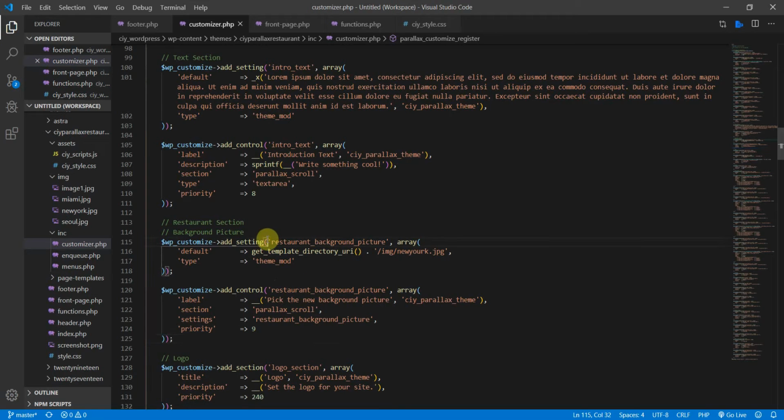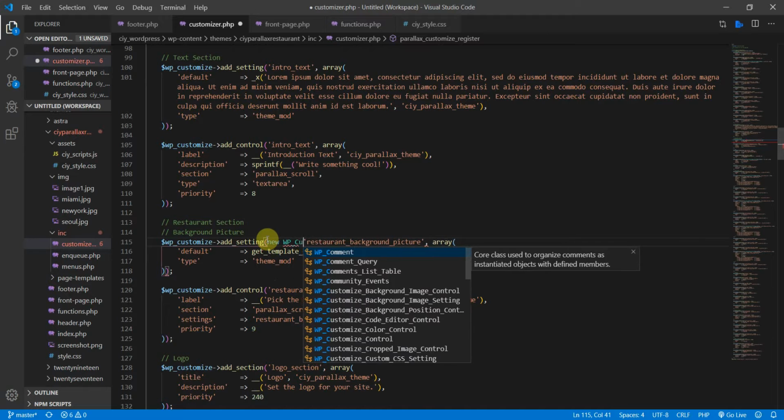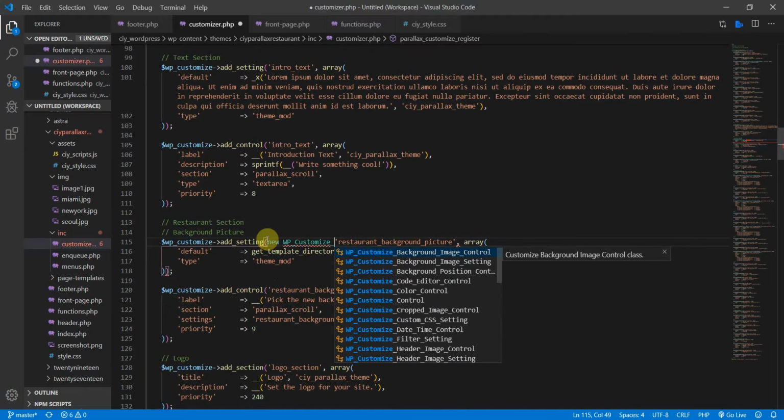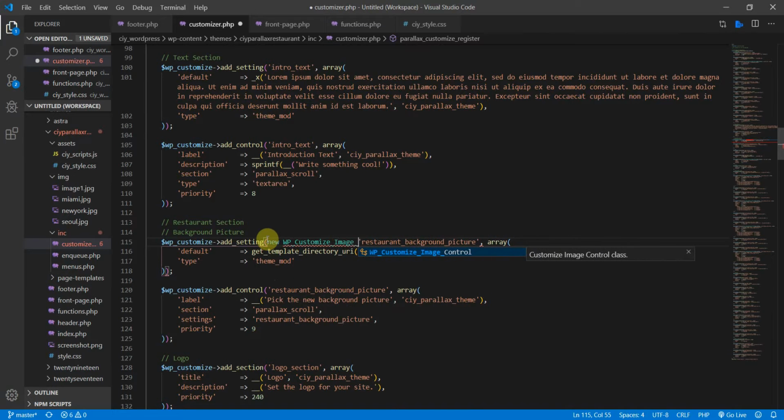So before we bring in the settings ID, we need to add something called a new WP_Customize_Image_Control, like this, and then it takes in the WP_Customize, put there, and like this, and then at the end here we need an extra parenthesis. Okay, like this. All right, let's save that,